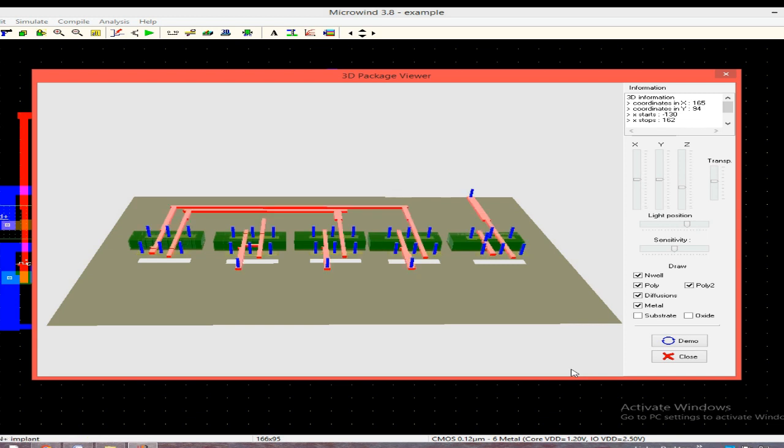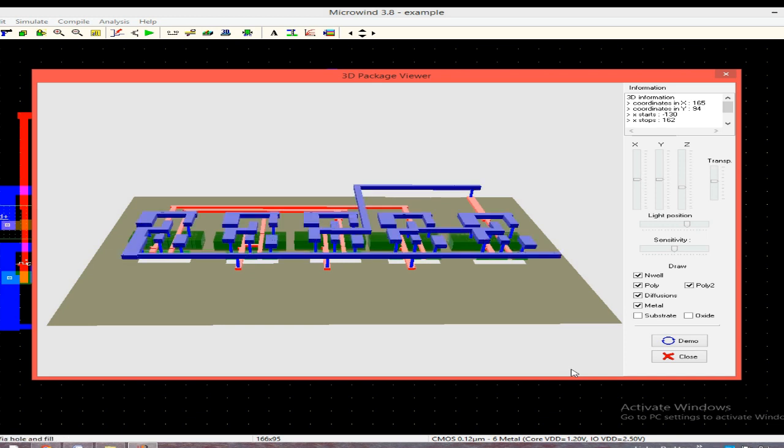We can observe how this 3D plot has been done automatically. You can observe that different types of layers and different things have been made and connected over here likewise. So these are the patterns of making of this half adder using NAND gate